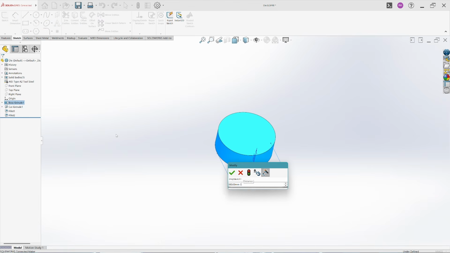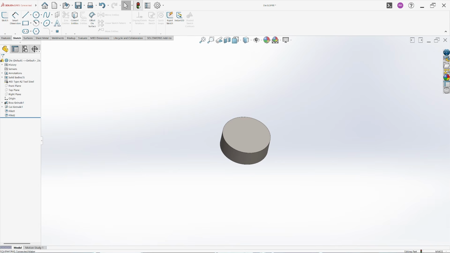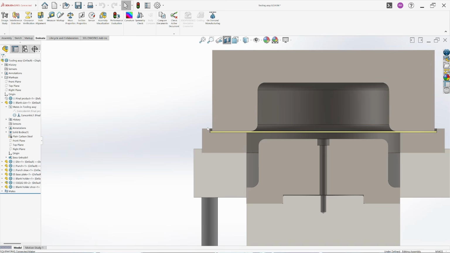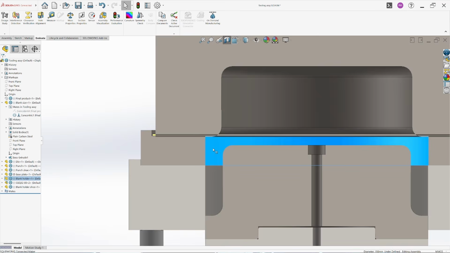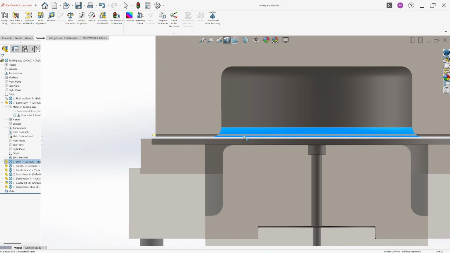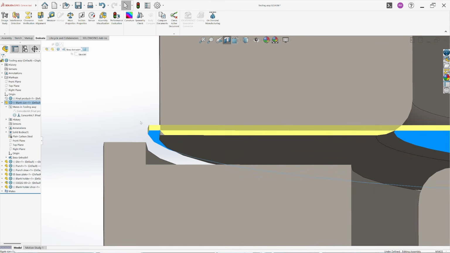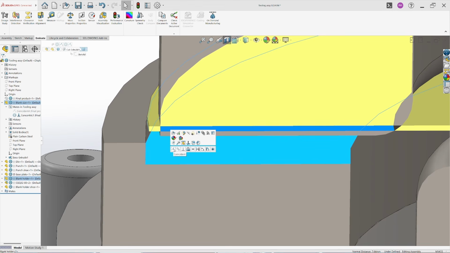So let's reduce it by 5 mm. Okay, that's not the problem. We don't have to fully press the blank size. Okay, now when it starts forming the blank sheet,